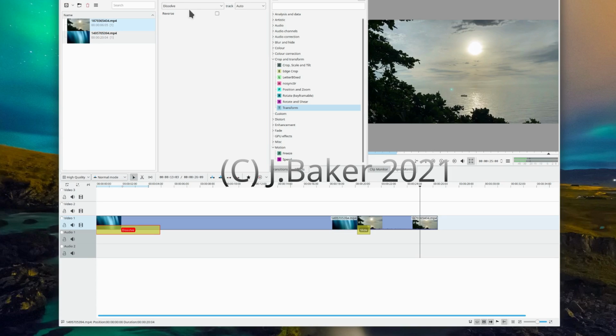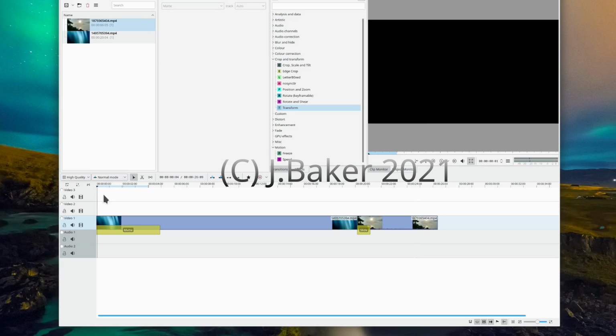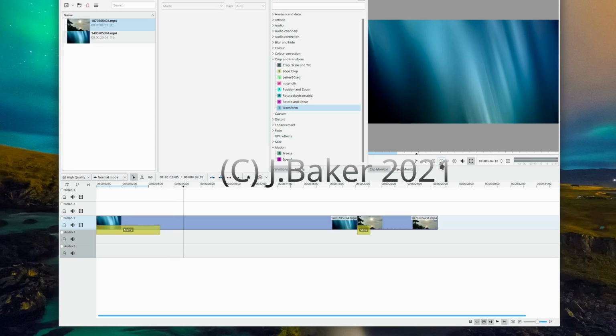Incidentally, you'll note up here it says dissolve. If I change my mind and let's just say I want to play with a different one, I haven't tried that one before, so let's have a look and see what that one looks like. Okay, that was all in all a little bit disappointing. Don't know what that does. Okay, so